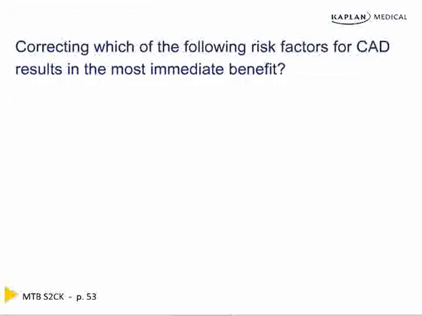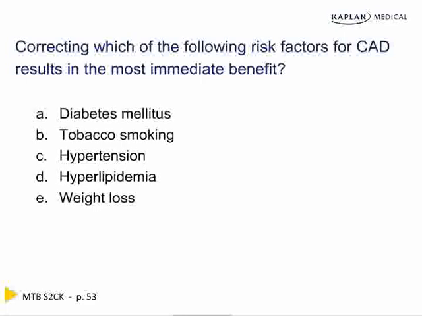Correcting which of the following risk factors is going to result in the most immediate benefit? That's the key word here: immediate benefit. Stopping smoking results in the greatest immediate benefit. If you stop smoking, your risk starts to go down literally 10 minutes after you stop. A week and a month and 6 months later, your risk of all kinds of diseases goes down within weeks